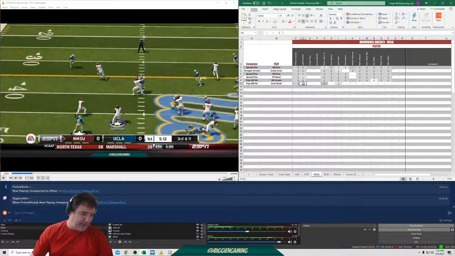Murray so far is grading out pretty good. I don't know what you guys think, but I'm saying he's pretty good. I'm going to give him a 3. That's a freaking great run. Okay, Tevis Abraham. I'm going to have to assume I'm going to give him a 2 as well.